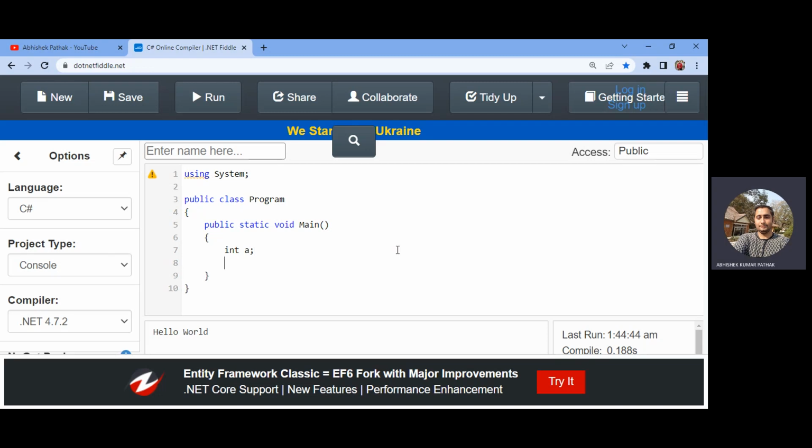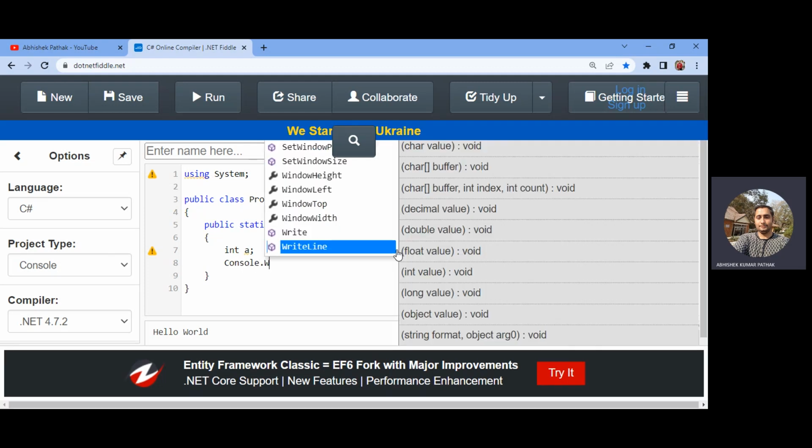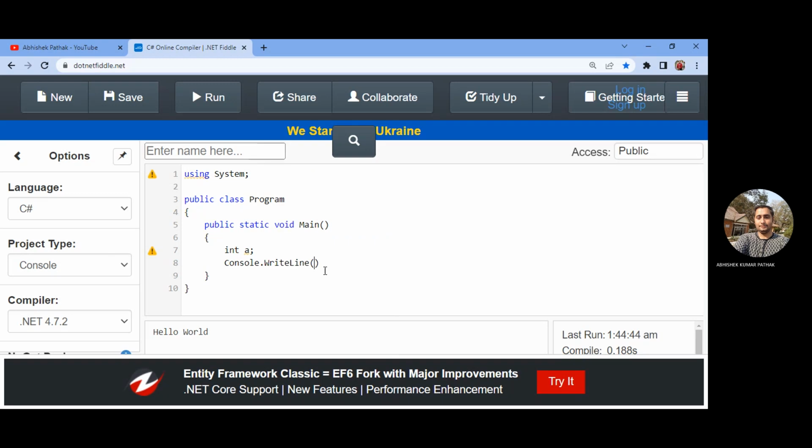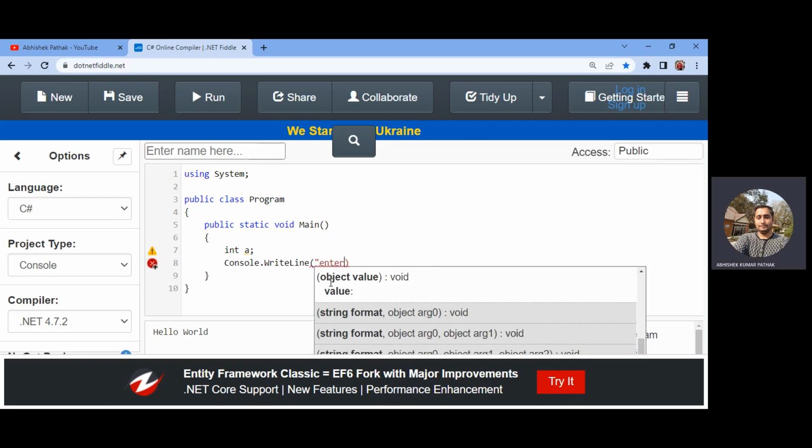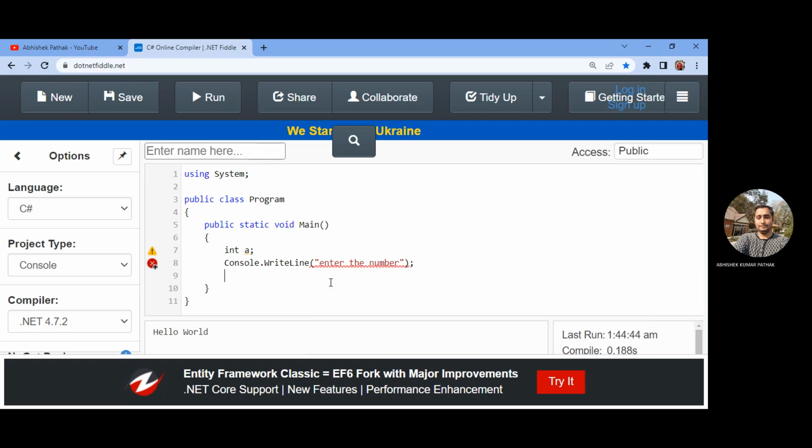Now I'll ask the user to enter the value for a. For that we'll need Console.WriteLine, and with double quotes I'll mention "Enter the number." Okay, and now this number will be given to a, and how it will be given to a, we'll write a equal to